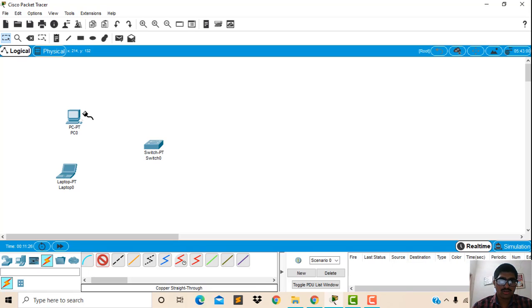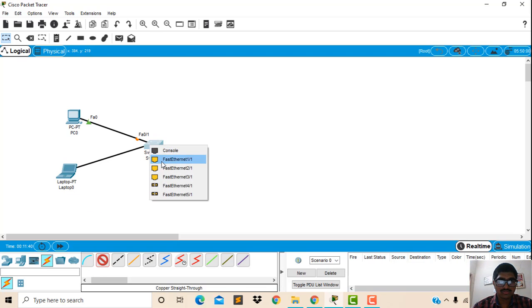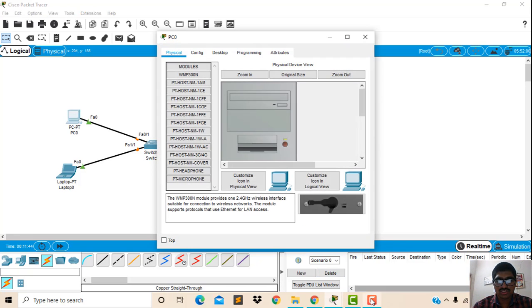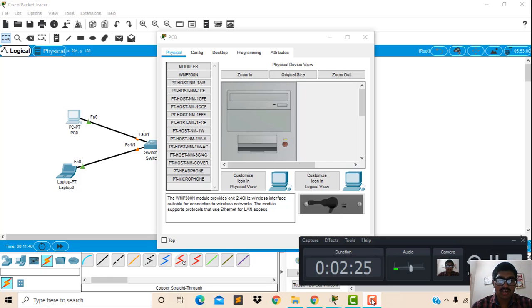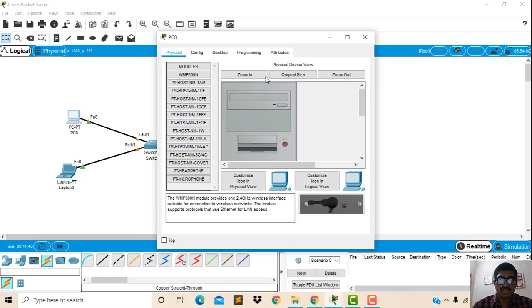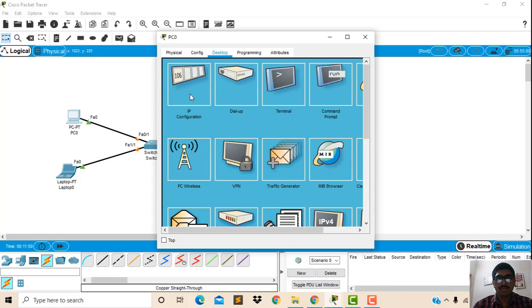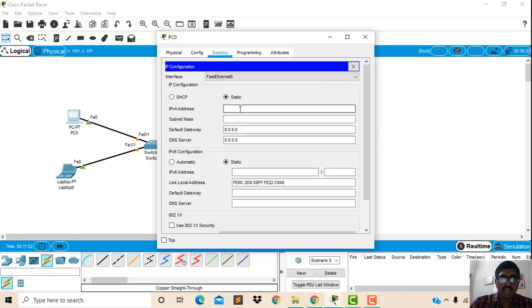Now we will connect the copper straight through cable from the switch to the first PC with fast Ethernet, and the laptop to the switch with copper straight through cable. Now we will assign the IP address to PC0 by going to desktop and clicking IP configuration, where we can see the IPv4 address.